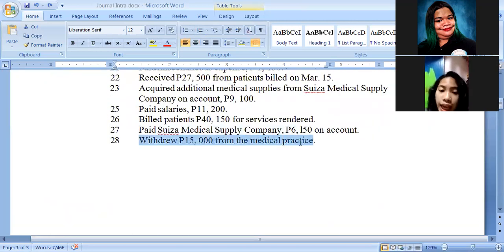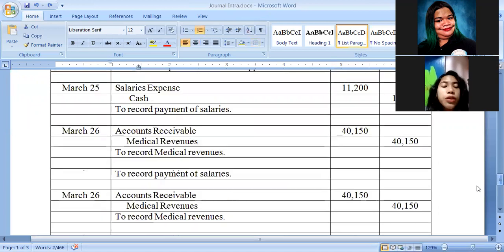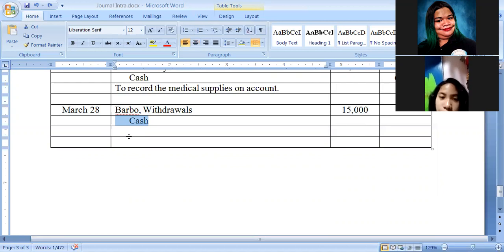In March 28, Samuel withdrew 15,000 from the medical practice. So, ni-withdraw siya mga 15,000 para sa medical practice. Then, ato sa journal entry, same as before, we're going to put the date. Then, atong ibutang dito ang debit kay Barbo's withdrawal, with the amount of 15,000. Then ato ang credit kay cash, which is also in the amount of 15,000. Now it is to record the